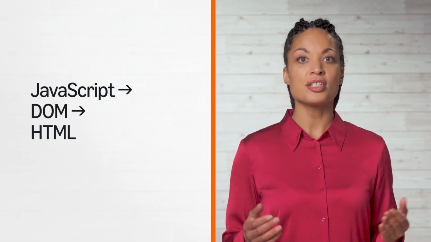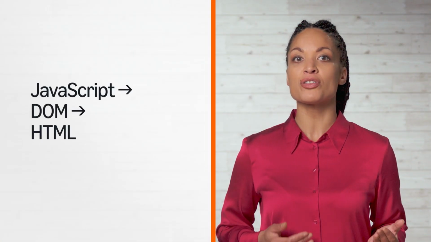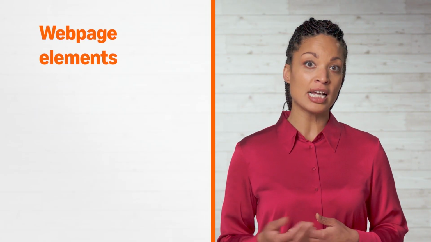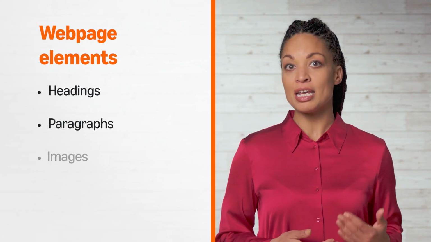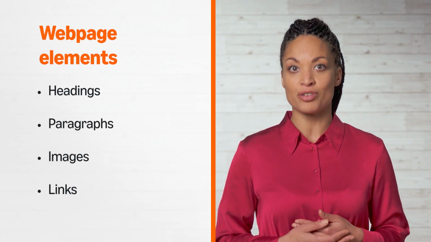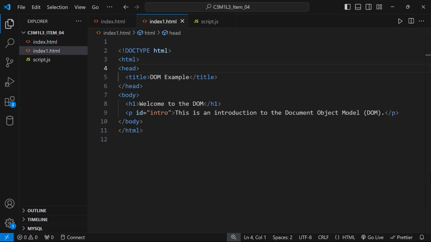Technically speaking, the DOM is an interface that allows JavaScript to interact with the structure of an HTML document. It represents the entire web page, including elements like headings, paragraphs, images, and links, as objects that can be accessed and modified by JavaScript. So, as an example, for this simple HTML document with tags for the head, title, body,